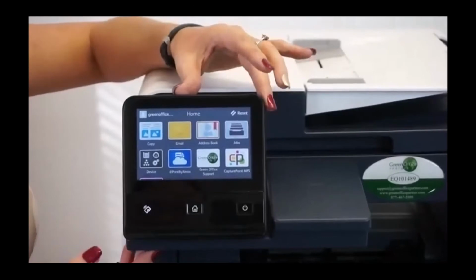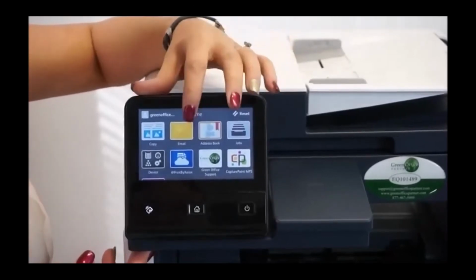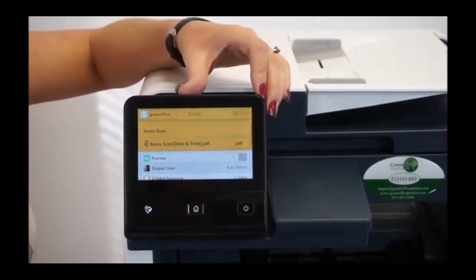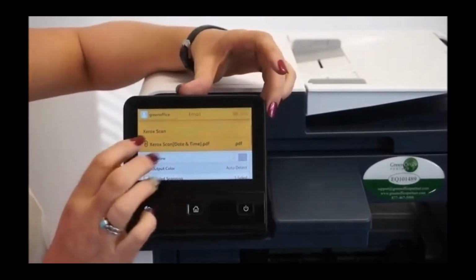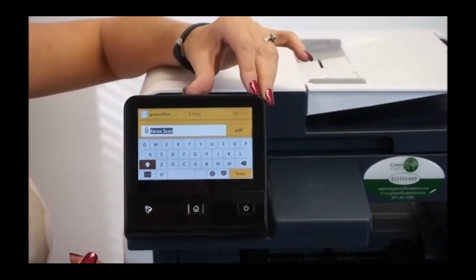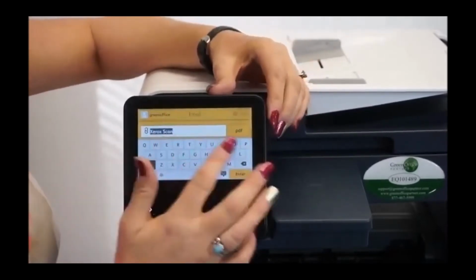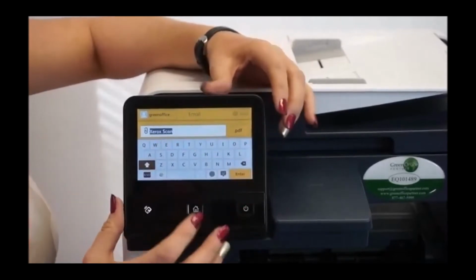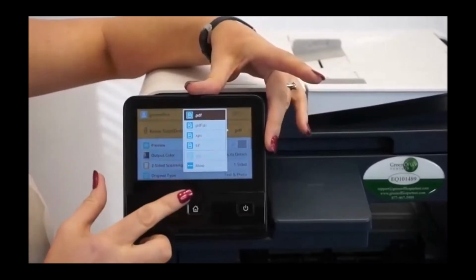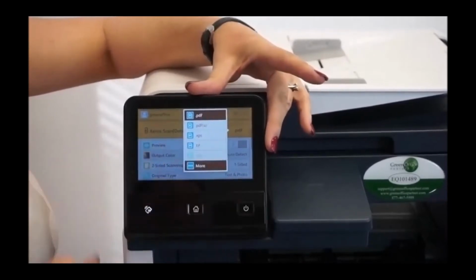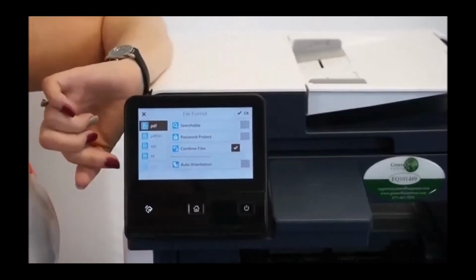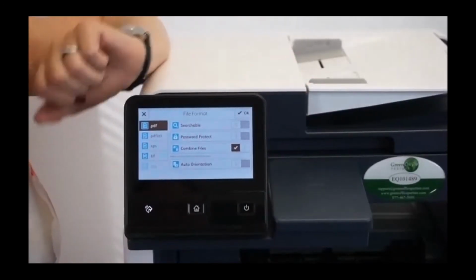The next app that I'd like to go into is Scan to Email. Once you're in Scan to Email, one of the things that I like to go through is the ability to change the name of the actual document that you're sending. So you simply type on the screen what your new name will be. Then if you go into the PDF function here, you'll see at the bottom there's a More. Under the More, you're going to be able to pick whether you want it to be PDF, TIFF, JPEG,